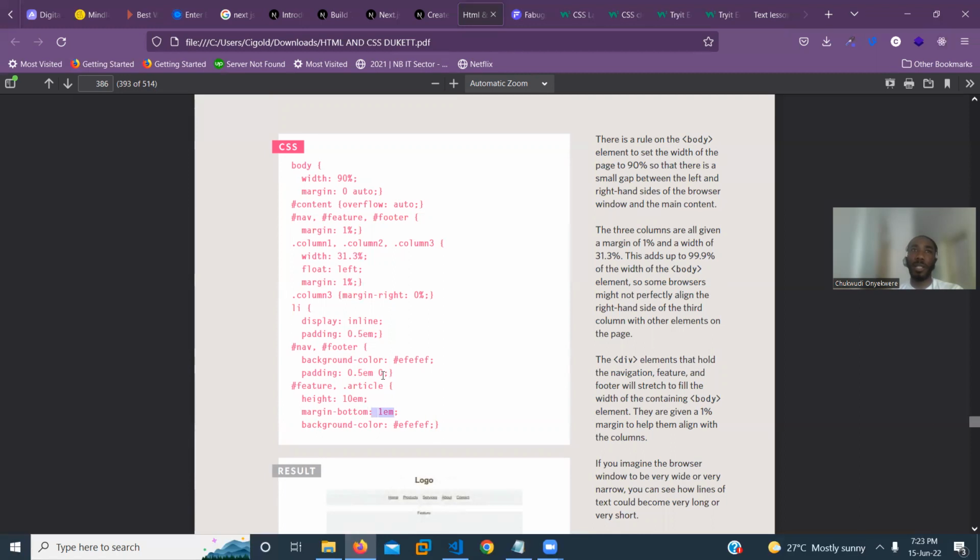But values like EM, percentage, REM, VW, VH, these are used for fluid designs. Like if you want to make a fluid width or height or whatever,